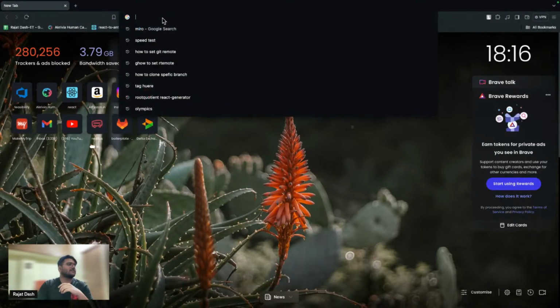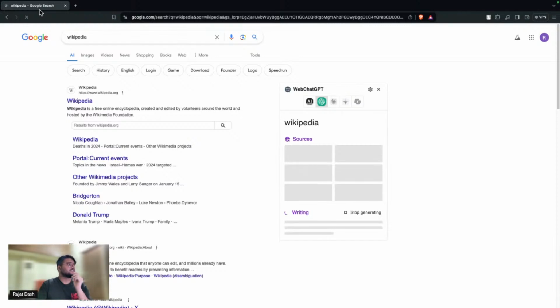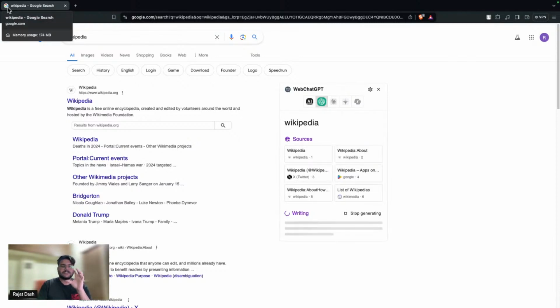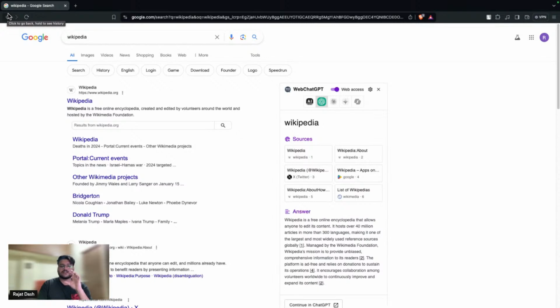For example, if I go here and search Wikipedia, can you see this thing loaded once, right? Earlier, when you did operations, it used to send a request to the server, the request comes back, and then the website loads every time you do something.